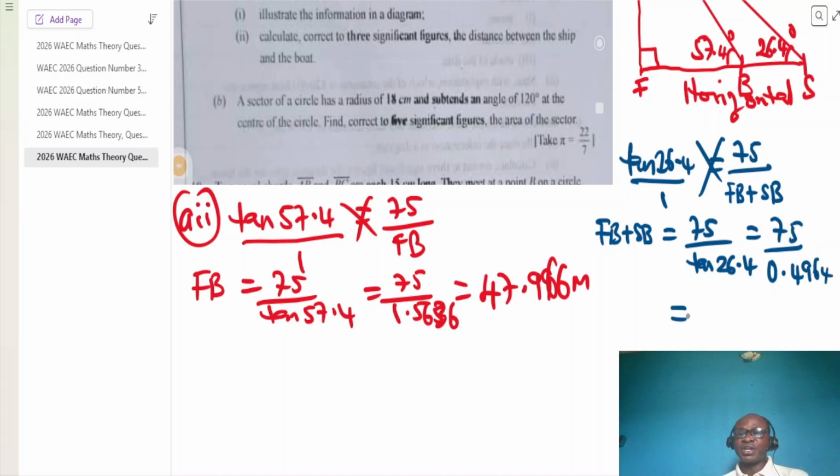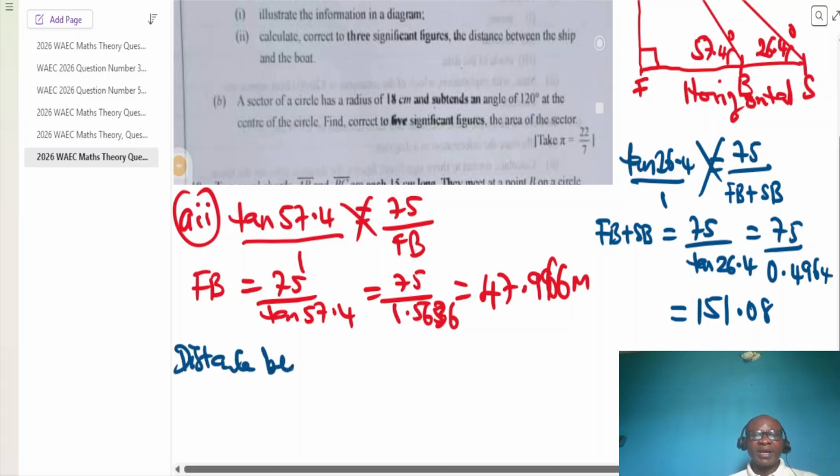0.4964. And when the division is taken, that becomes 75 divided by 0.4964. And it is equal to 151.08. In conclusion, distance,